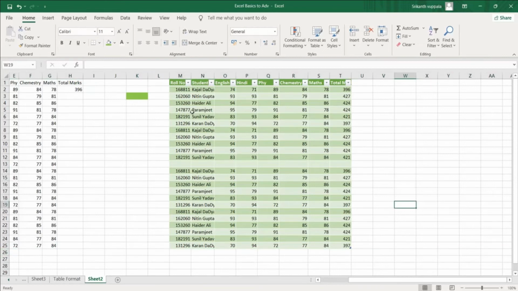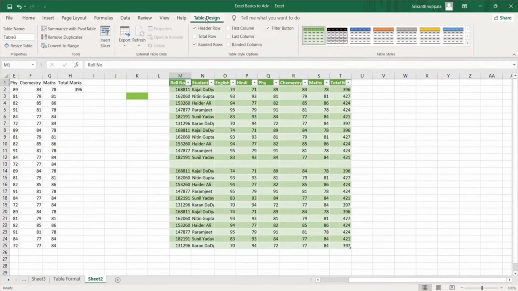If you want to see more options related to table, place your cursor on the table. You can see there is a table design. These are the other options which are available in the table. If you want to give any name to your table, you can place it here. Remember, this table name will not accept spaces. If I want to give something like student marks list, it will not accept spaces, so I'll give an underscore: students_marks.